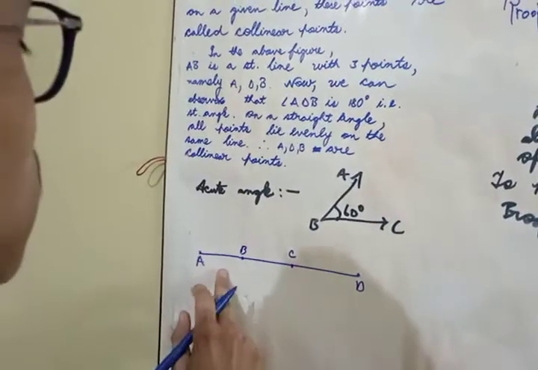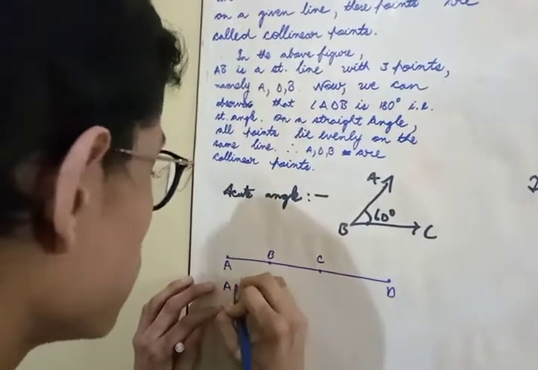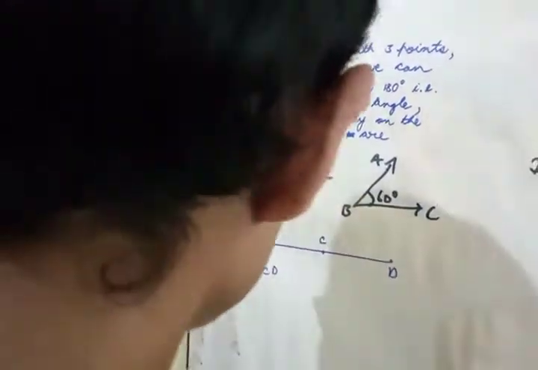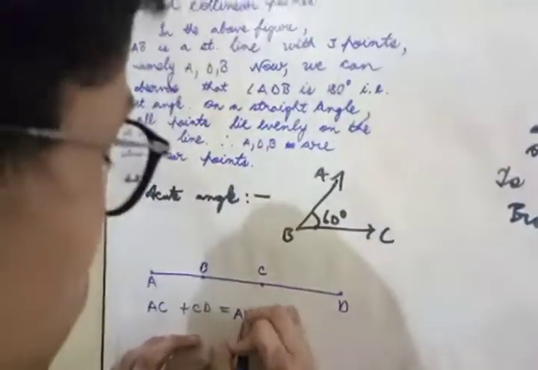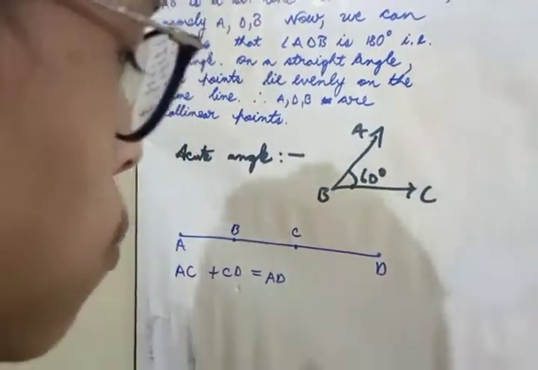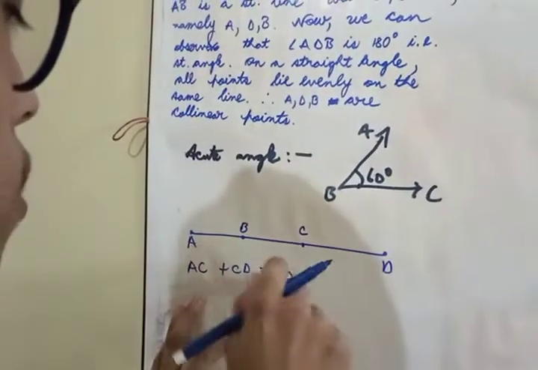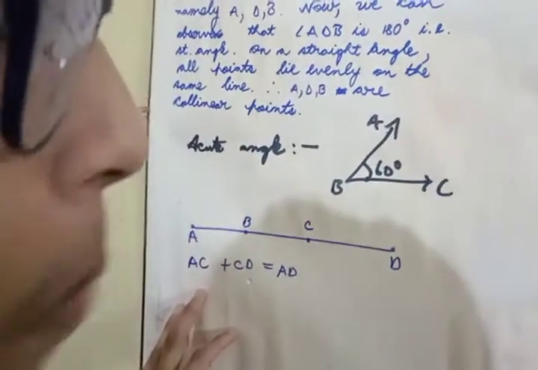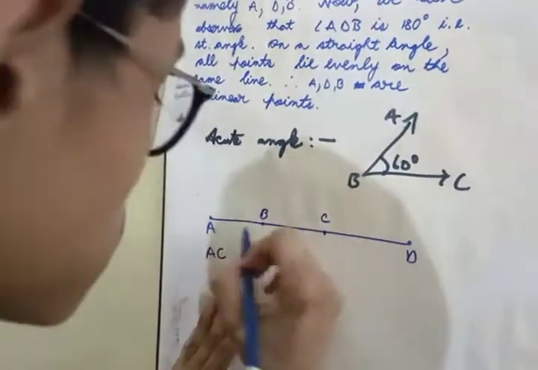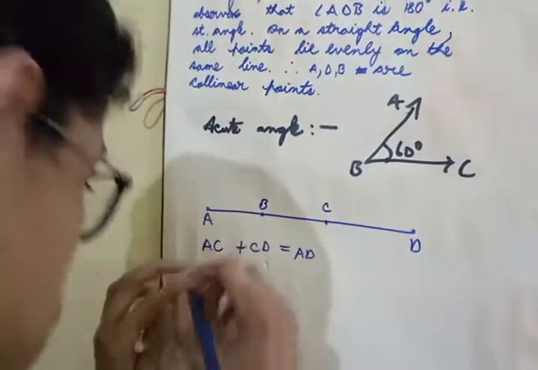Again I am dividing this line AD into 2 lines, AC plus CD. Now you see, AC plus CD will be equal to AD. AC will have a particular value and CD will have a particular value, which will add up together to equal the value of AD. I have divided this single line into 2 parts which are not equal. CD is less than AC. Observe in this figure.